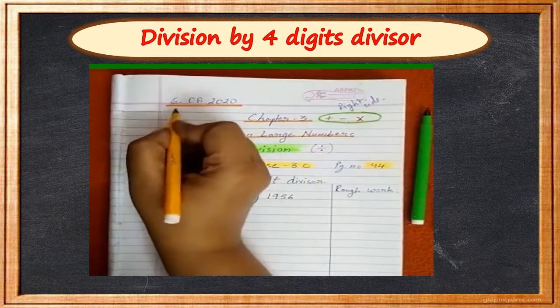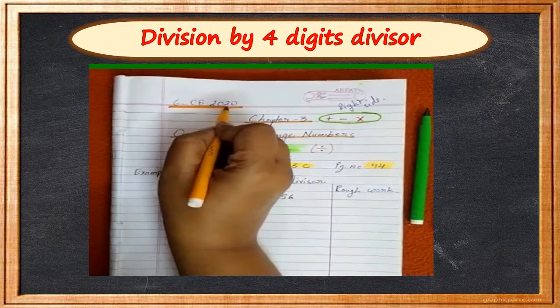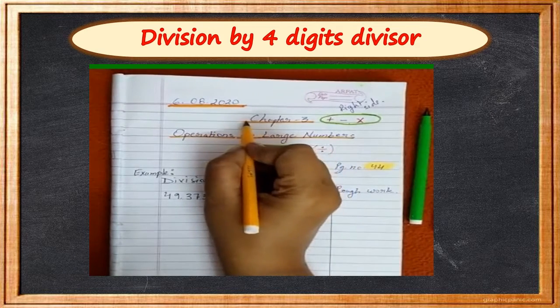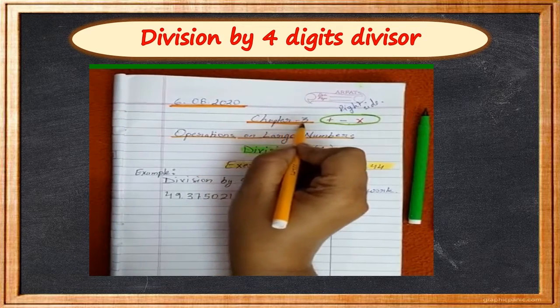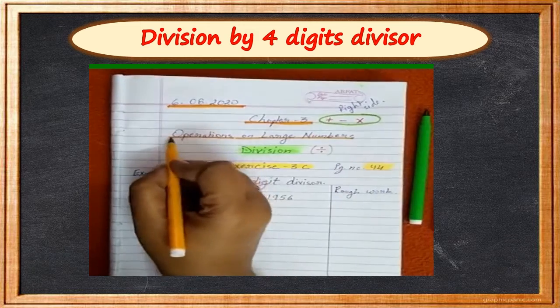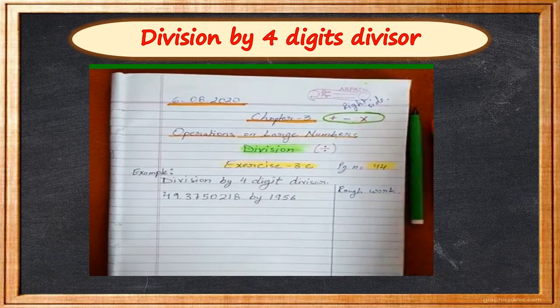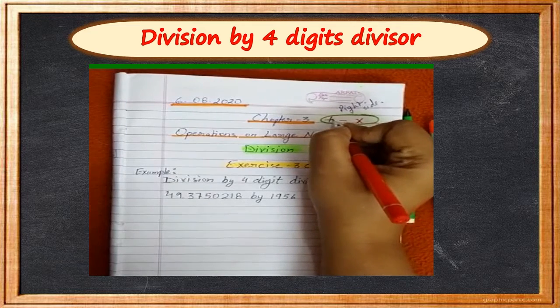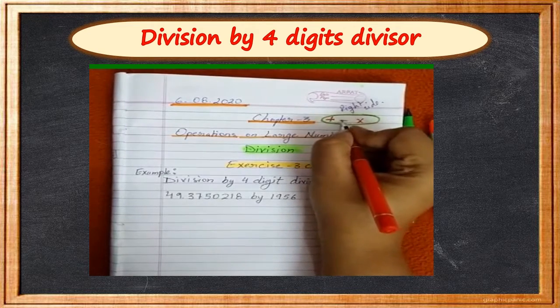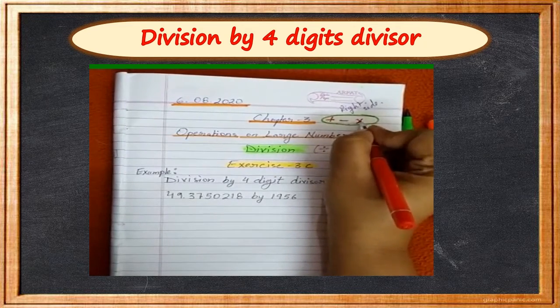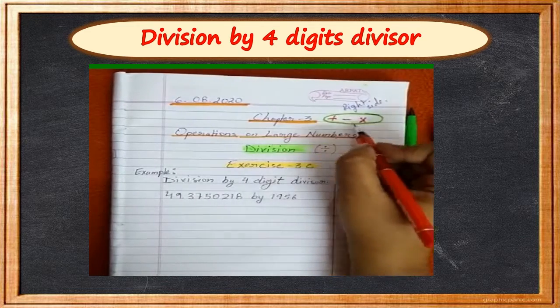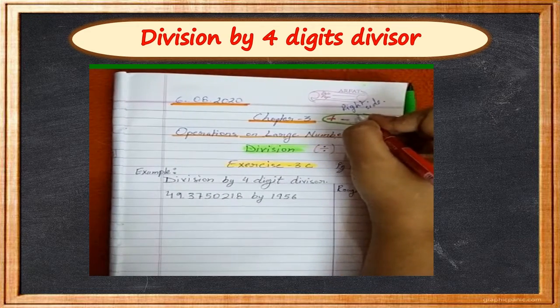Good morning, children. Today is 6th of August 2020. We are on chapter 3. Name of the chapter is Operations on Large Numbers. And till now, we have done addition, subtraction, and multiplication. And these three